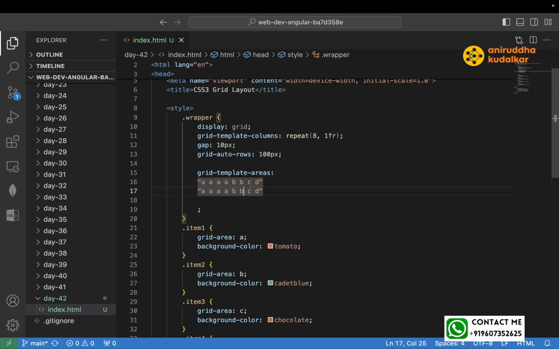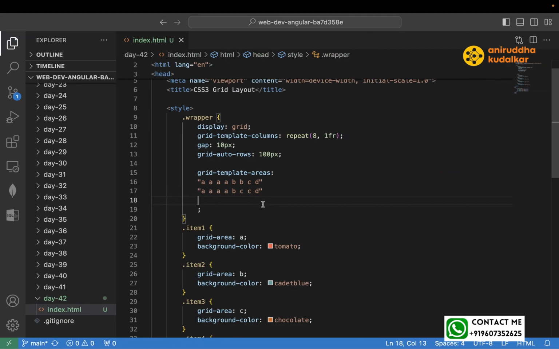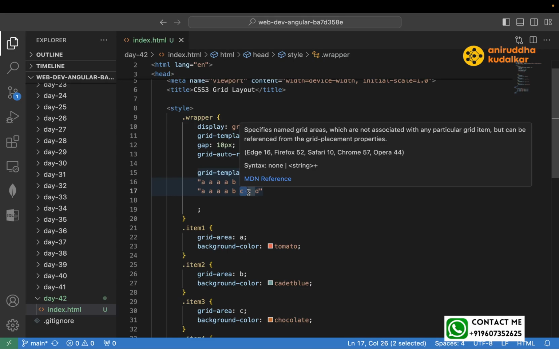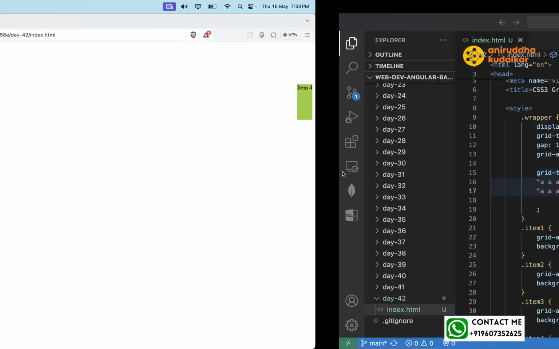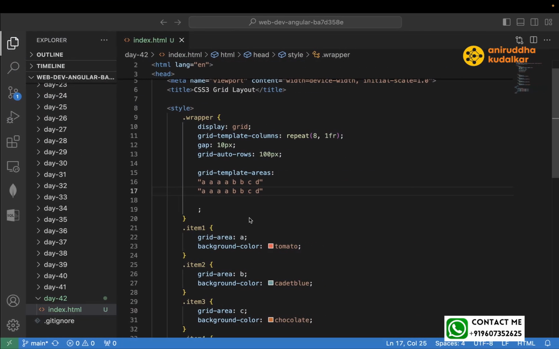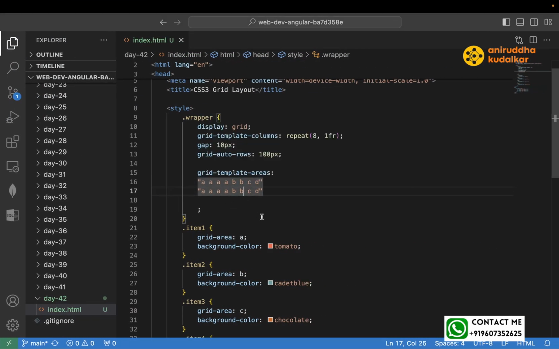So here you can say C, D now. Just refresh it. Now see, if there is a problem, how come this much will become a grid, right? B, this 3B. So if you have written C over here, that won't work. Something false will happen like this. Now if I make a B over here, this will work. Same like above. Can you see here? So if you try to remove this B and if you try to make a C over here,